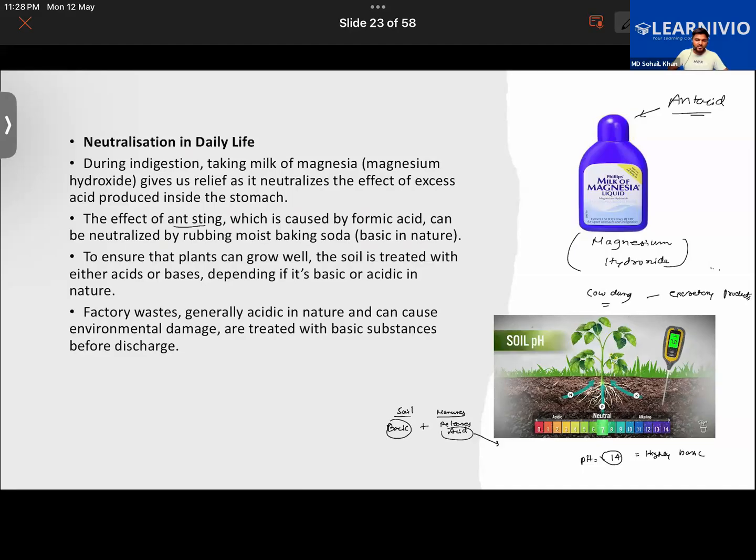Further, many times when factory waste is released into water bodies, it is generally acidic in nature. So it must be treated with chemical substances. It must first be neutralized before discharging into the water bodies. So those were some